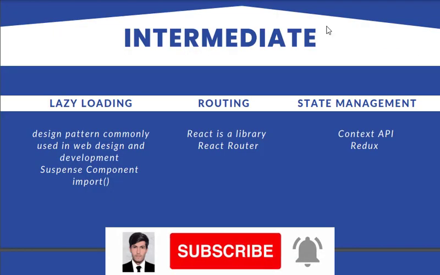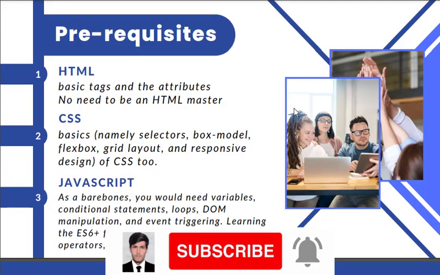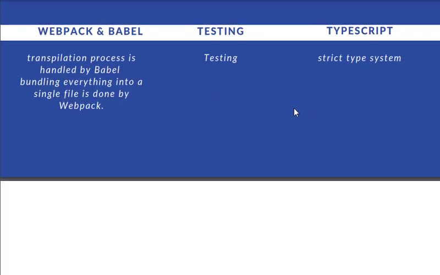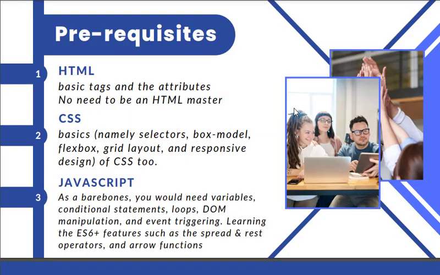So we have the topics from basic to advanced, and we will explain all these topics one by one, which topics to learn. So first we will come to the prerequisites. Before starting React, you should know about these things: HTML, CSS and JavaScript. In HTML, you don't need to be a master, you just need the basic tags and attributes of HTML. And in CSS, cascading style sheets, you should know the basic CSS like selectors, box models, flexbox,